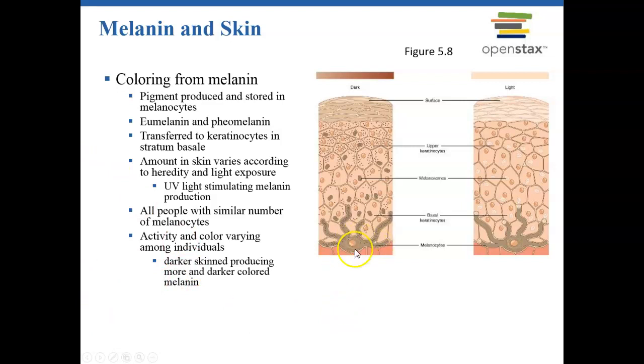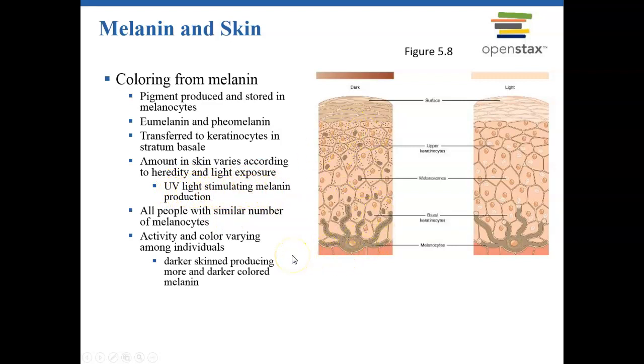So our melanocytes are found deep within the epidermis in the stratum basale layer. Melanocytes produce melanin mainly in response to UV radiation. So the more radiation that comes in, the more melanin we will produce. The amount of melanin we have is going to be associated with both the genetics that we have, the type of melanin by the genetics, and the amount of UV radiation, the amount of melanin,